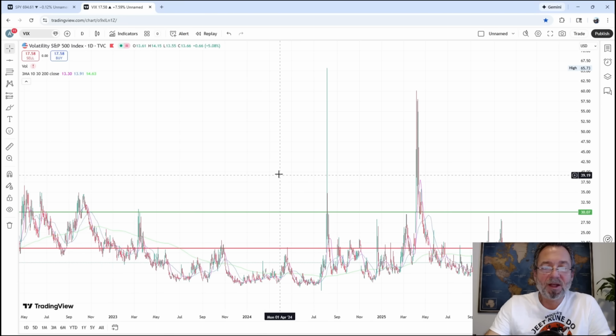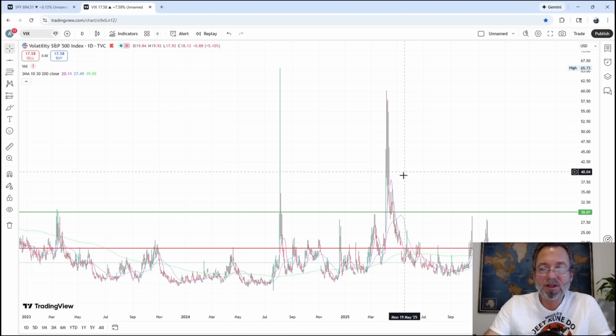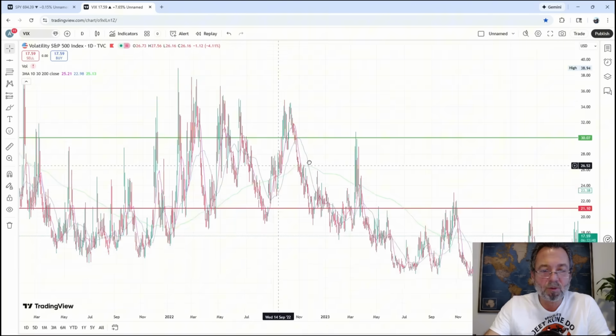Now I'm going to show you a backtest of how much money you would have made, because the VIX doesn't always just go up like this and come back down like that and make these really clean, easy trades. It has some messy trades, and I'm going to show you some really messy ones